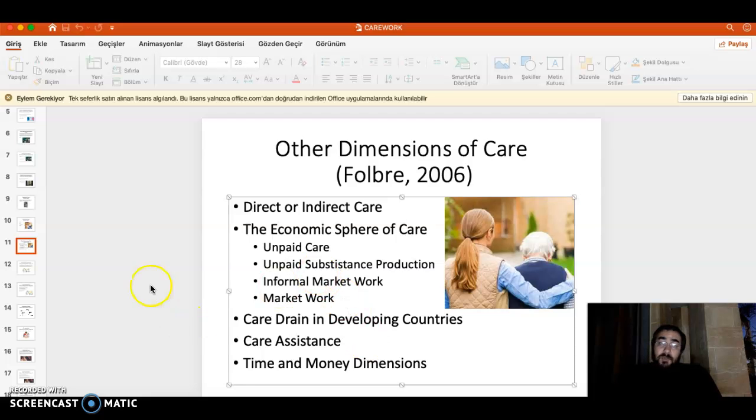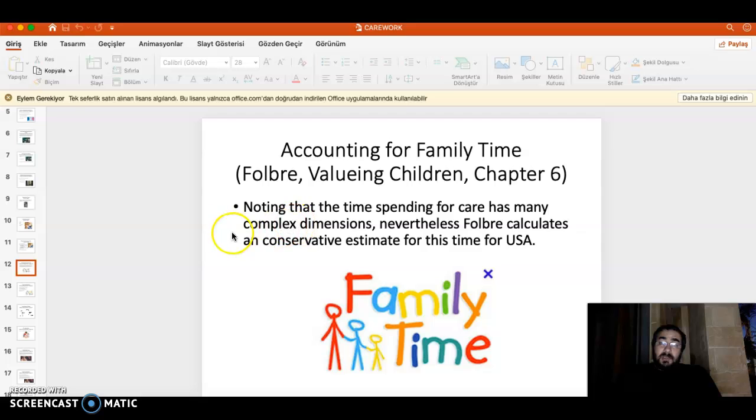So this is the third article. Now we can go to the fourth text, which is again a book chapter, and again she talks about these themes in this book. We are covering two chapters. In chapter 6, Nancy Folbre is just measuring the care expense and the care time that is spent separately. She doesn't look at gender disparity, the male and female differences, but still she is looking at the time and money that is spent for the children.